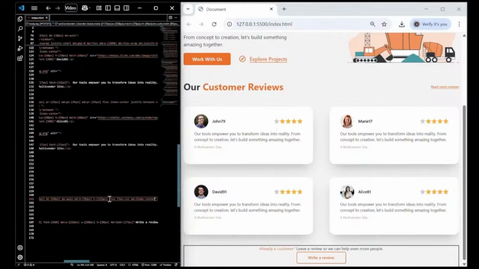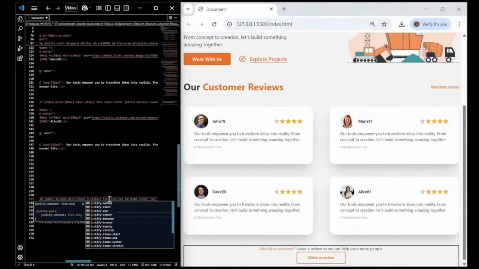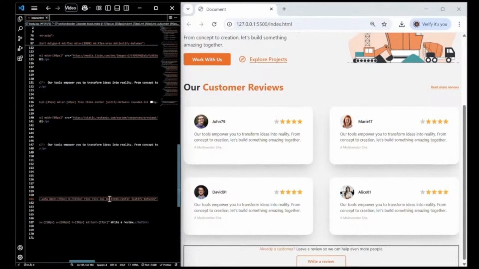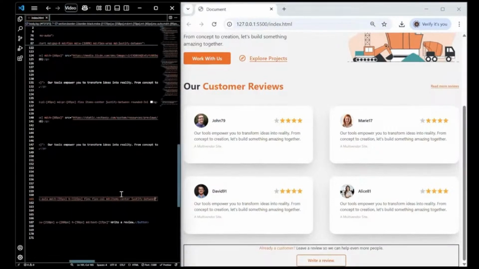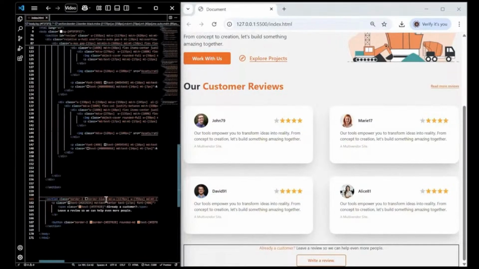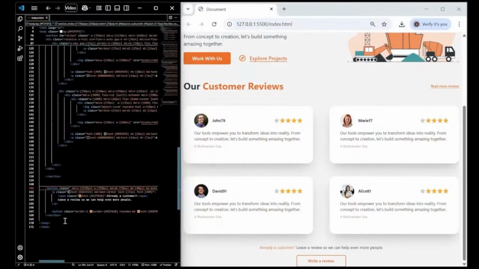Then for the space between the content, we have to write justify between. This distributes space evenly between child elements. So now the styling for this section is over, and let's remove this border. We'll remove the border, and it is removed. So it will look something like this, and let's move to another section, and let's create a section element, and